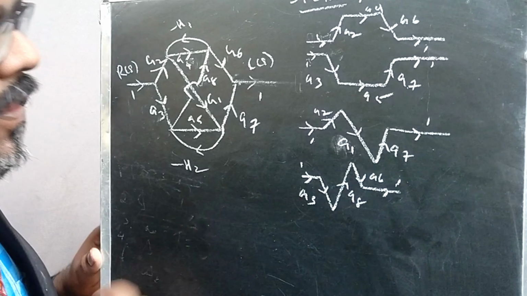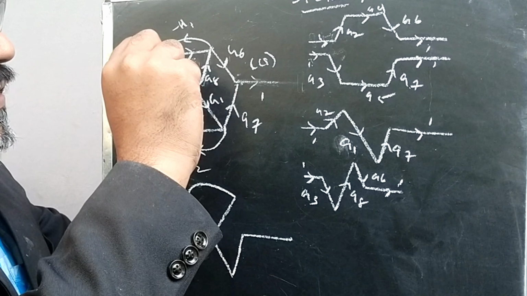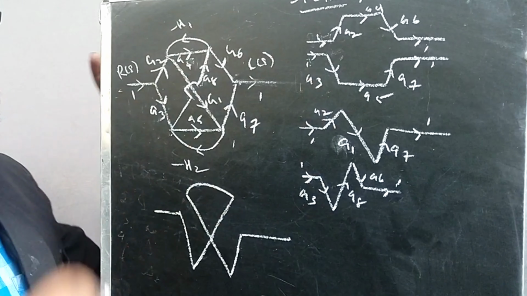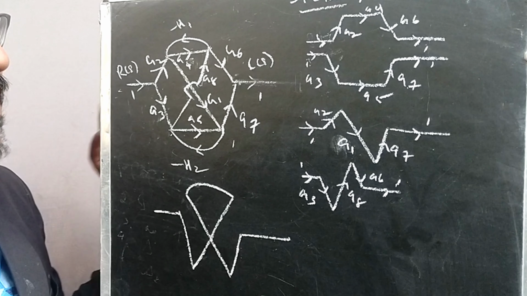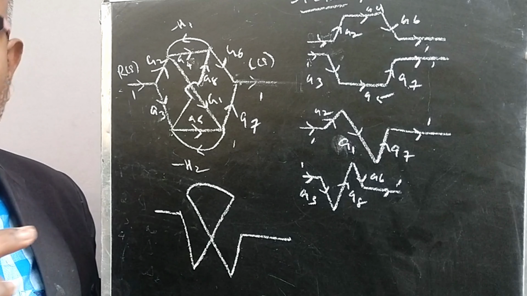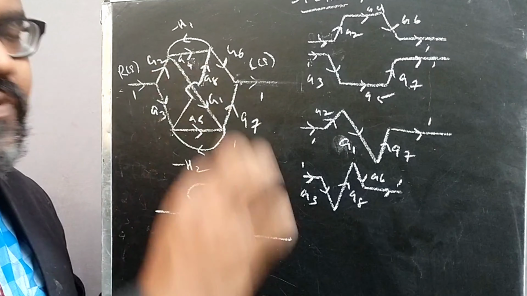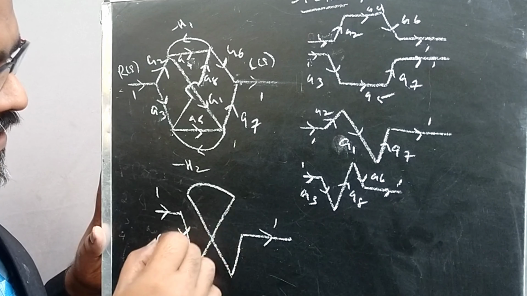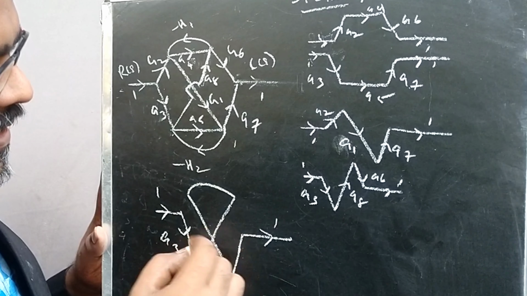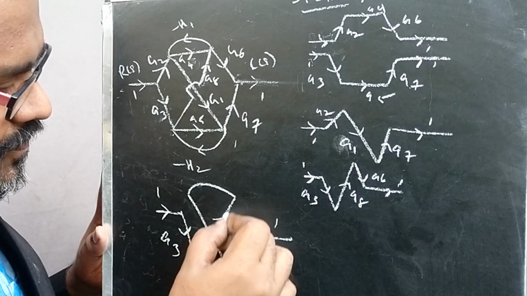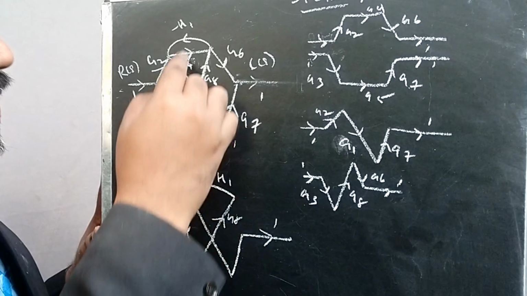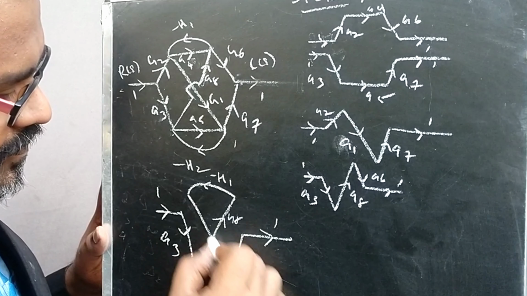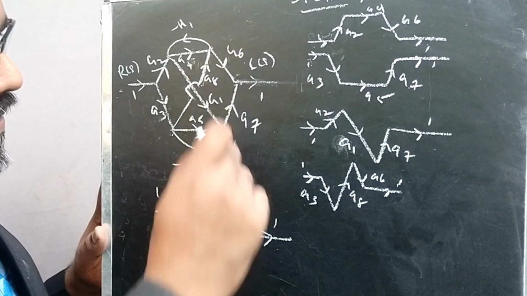So here the travel is here, this part, and this part and this part, this part, this part. There are no deviations, no fluctuations, no return. Nothing happens. Everything is moving forward only. So I am choosing this as a forward path also. Then here it is G3, and here it is G8, and here it is minus H1, and here this is G1, and here this point is G7.